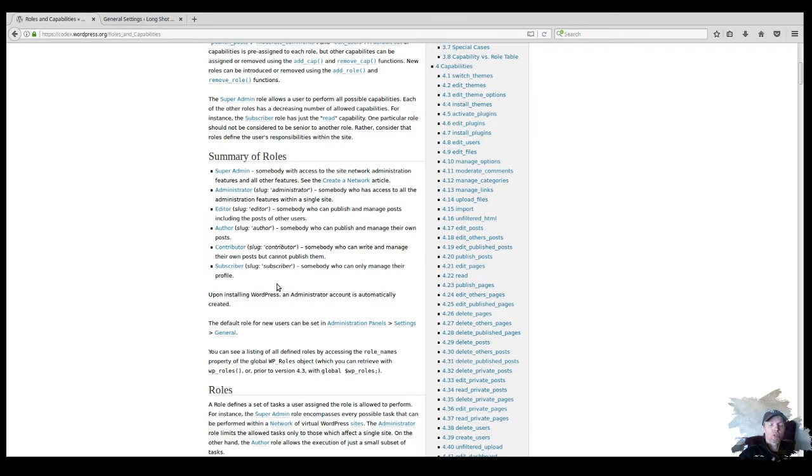So if you want contributors, like anonymous people to register on your website and help you make posts like events or something like that, for instance, if you want them to submit their photographs, you can set it to this, but the administrator would have to approve it before it would actually publish to the website. So that's something that can be quite useful for